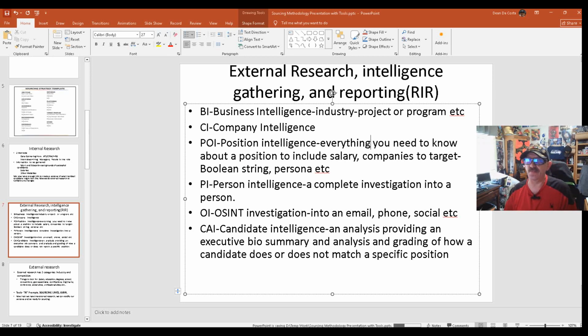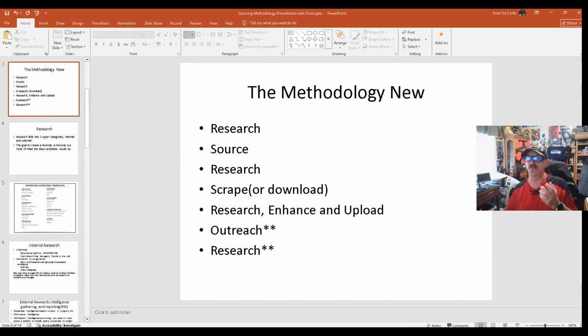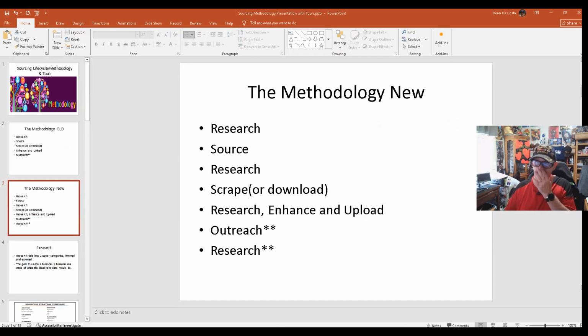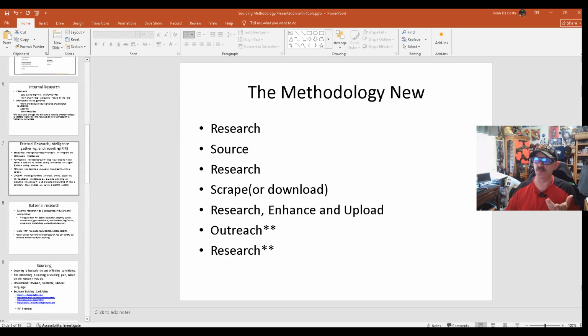So that's it for today. That's it for this video. The first step of the new model, which in this case is going to be the research, same as the old model, except in this case it's going to be a lot more intricate, and we are going to use